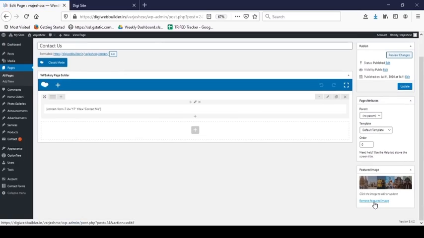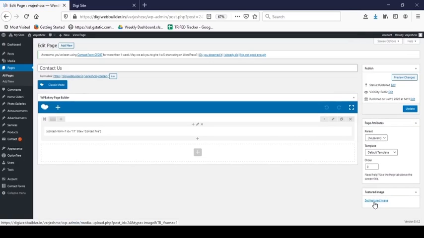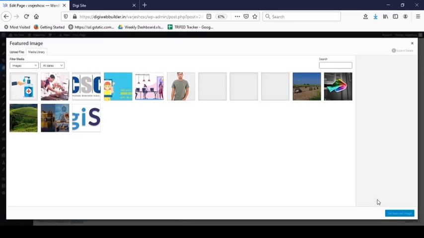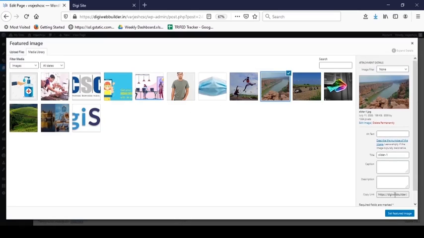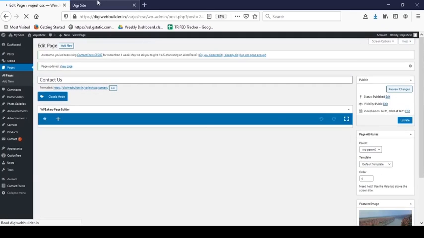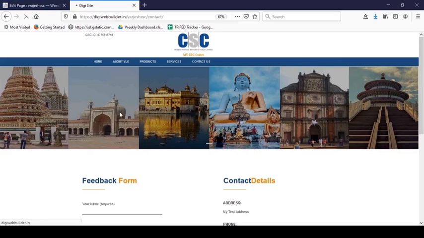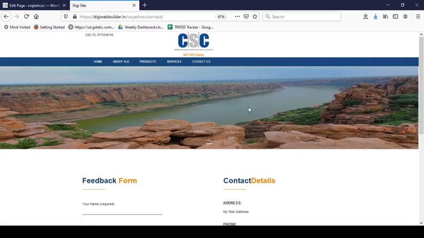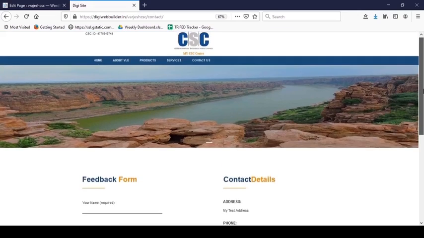Remove previously updated image from Remove Featured Image. Set New Image. Click on Set Featured Image and Update. To check the changes, refresh your website. You can check that the image has been updated.